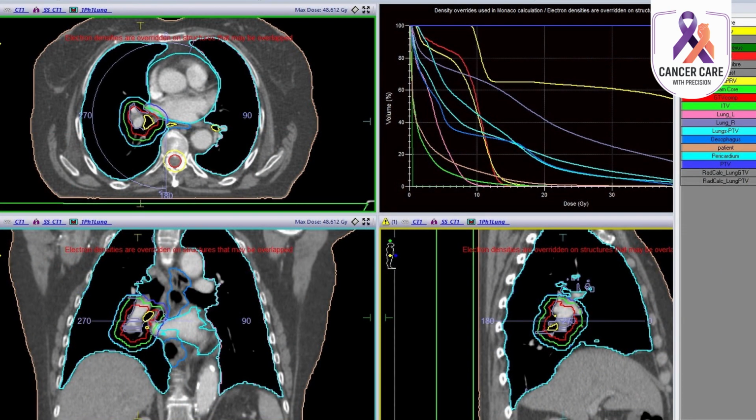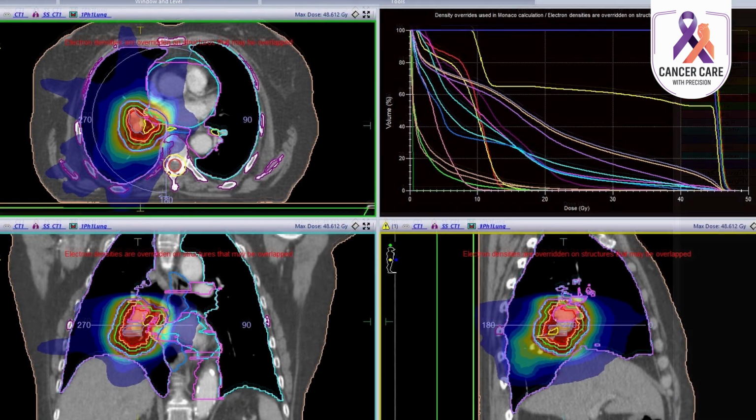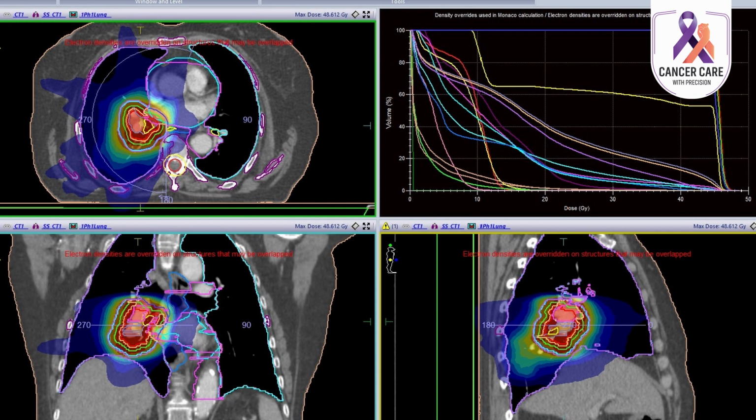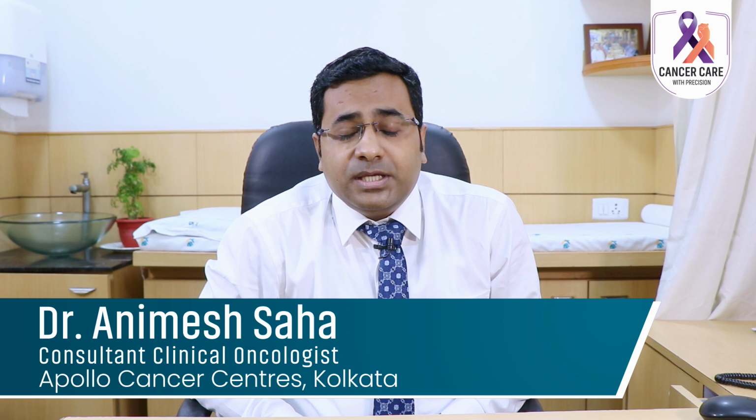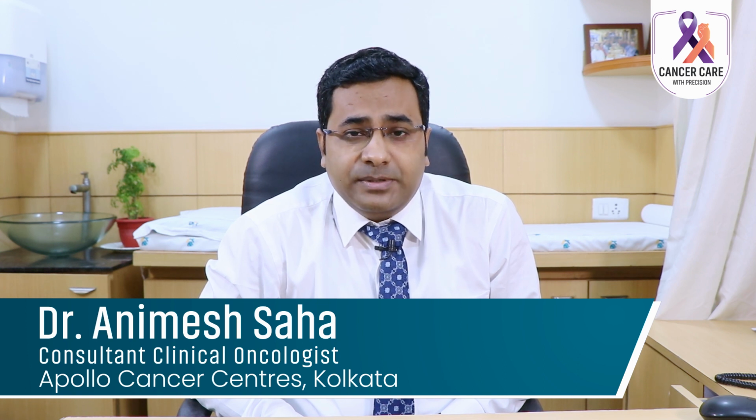Sometimes we use radiotherapy to the chest after 4 to 6 cycles of chemotherapy. That has been shown to control the cancer in the chest better. In about 50% of cases, small cell lung cancer eventually relapses or spreads to the brain. So to reduce the risk of cancer spread to the brain, we sometimes use radiotherapy to the brain as a preventative measure, even when there is no cancer spread to the brain.